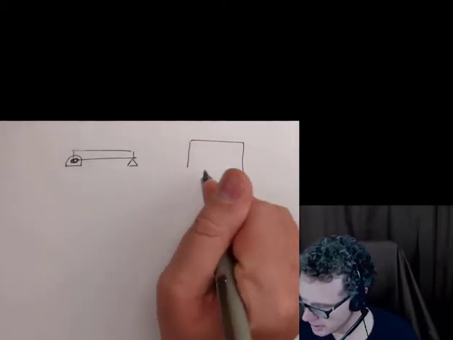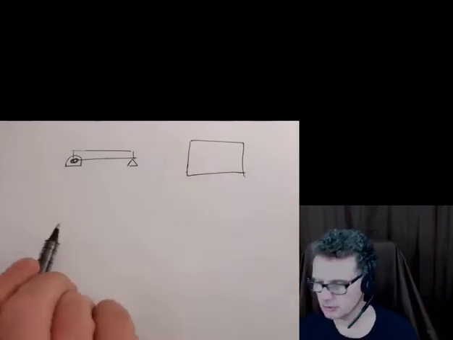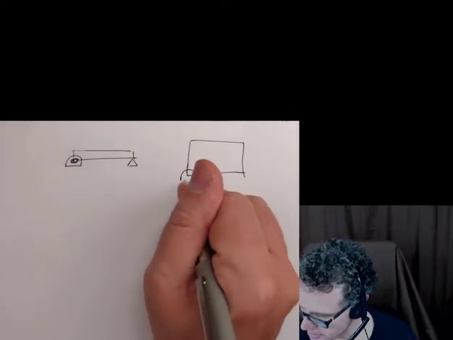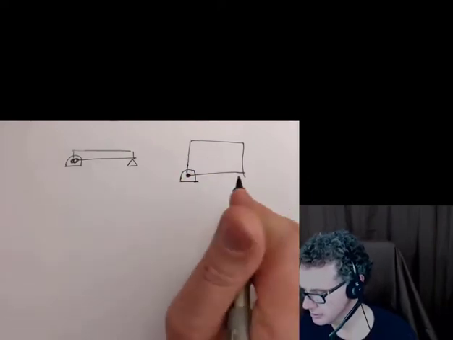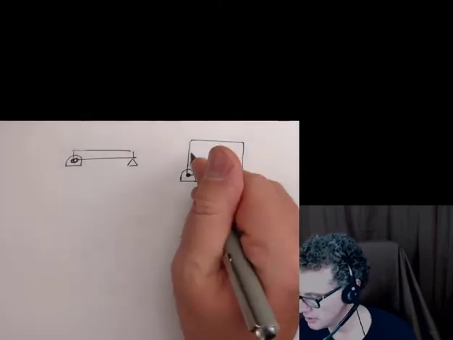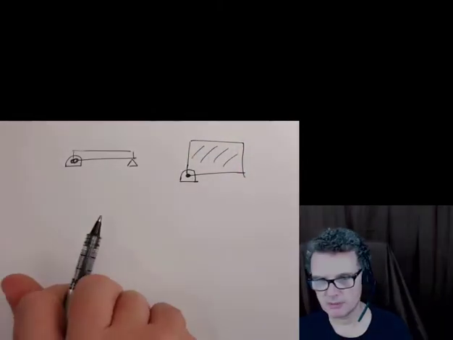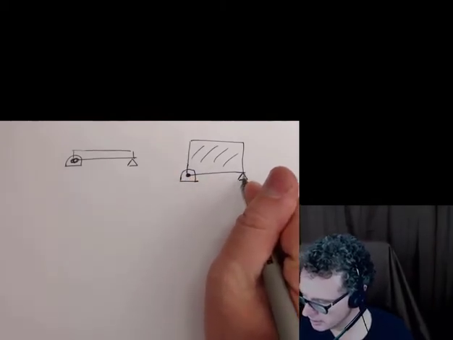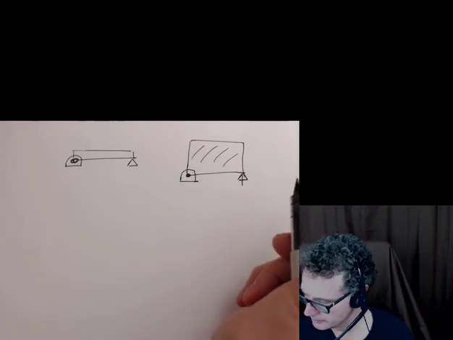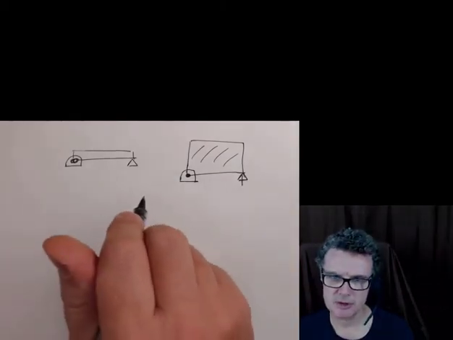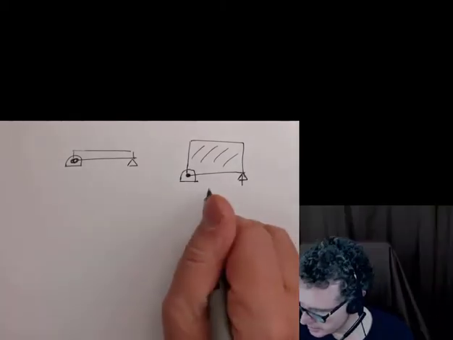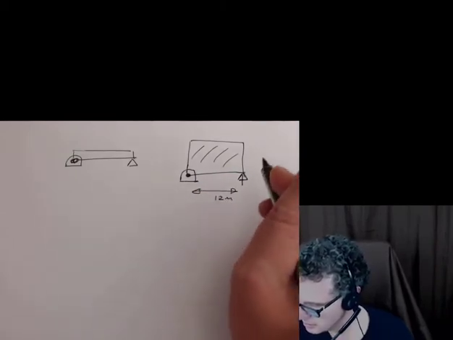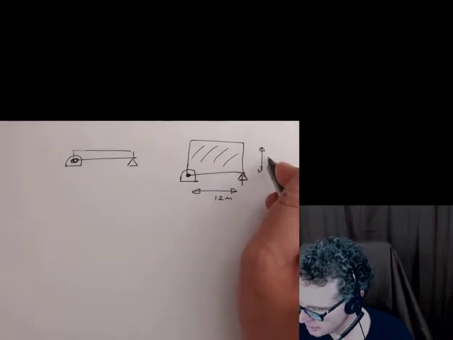So just imagine a rectangle. Okay. The first thing I'm going to do is hinge it. This is like a solid bit of square body. So I'm going to put a hinge there, and I'm going to put a pivot here, like that. And I'm going to apply some forces. This is going to be 12 meters long and 6 meters high,